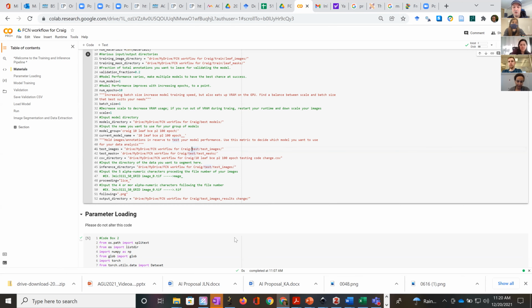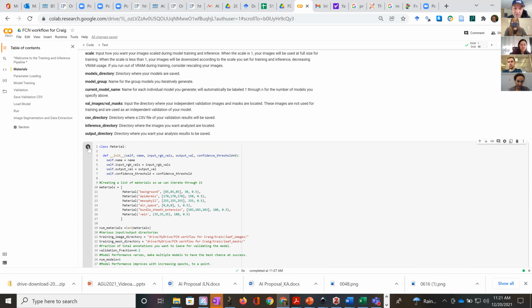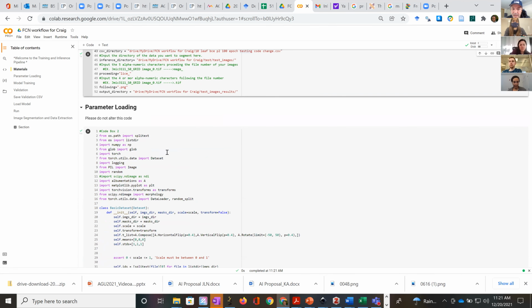Okay, so this should all write to the right area. So now we're just going to go through and run it. So we can run this code here. So we'll just click run in the corner. And so that code has run. And now we need to load the parameters